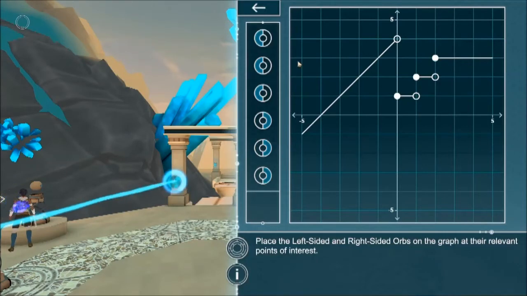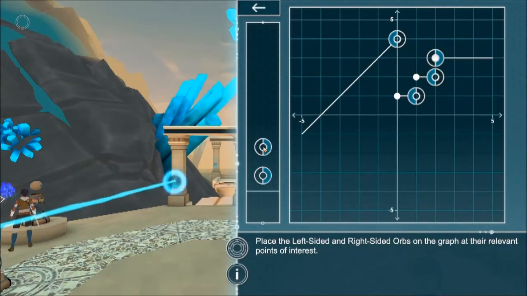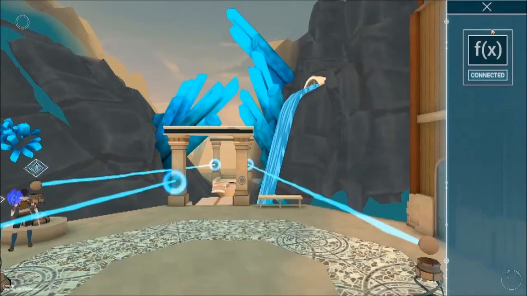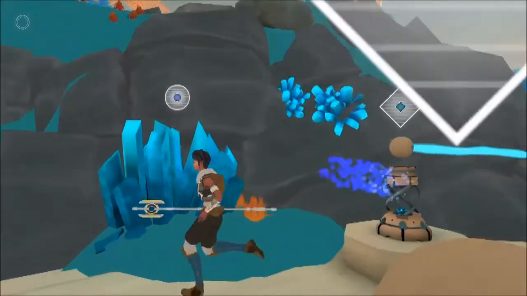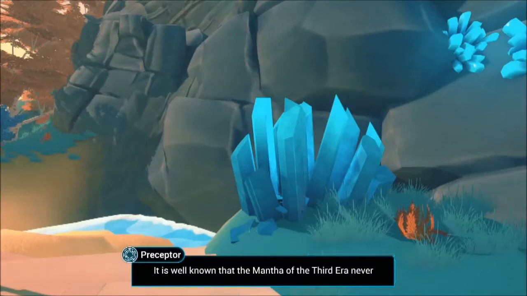So this is a bit more complex. We're looking at coming from the left and the right. So basically we just want that shaded side facing where the graph is coming from. We have it like that. Voila. There we go. So now it works. Now if we have a look at this guy,